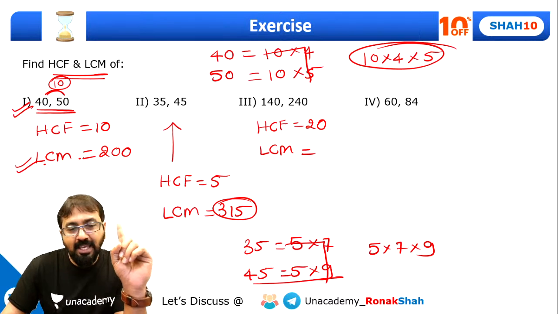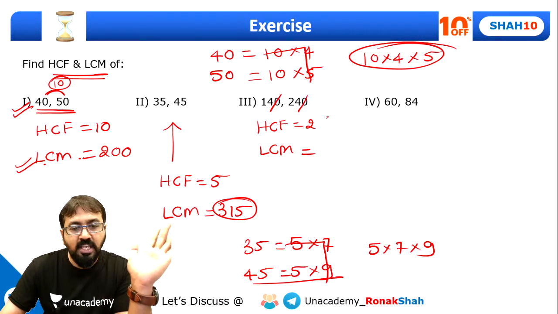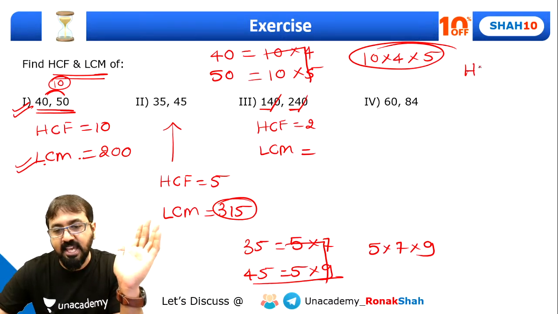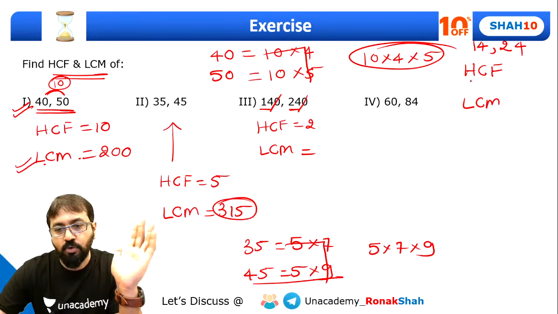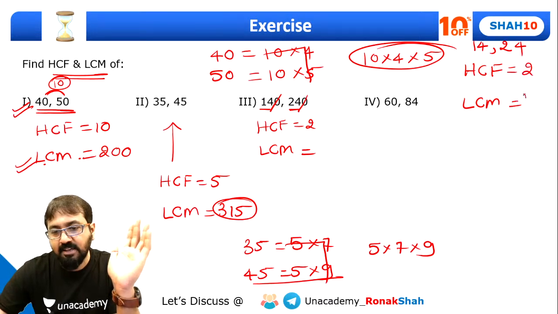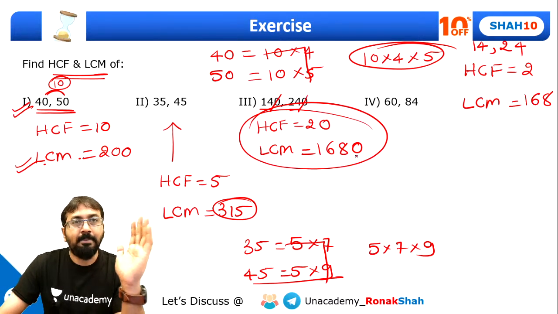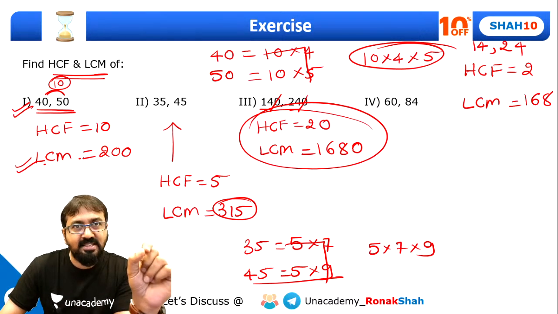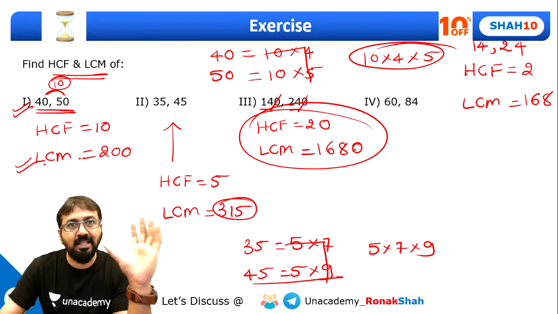You know, अब यहां पे एक और तरीका है guys, whenever both the numbers have 0, you can eliminate the 0 and you can find out HCF and LCM of these two numbers. So what is HCF and LCM of 14 and 24? तो कहने से HCF will be 2, LCM will be 168, तो पीछे 0 लगा दो तो 20 and 1680 आएगा। पहले 0 साइड में कर लो, find out HCF LCM and then put back that 0, थोड़ा नंबर आसान दिखेगा।